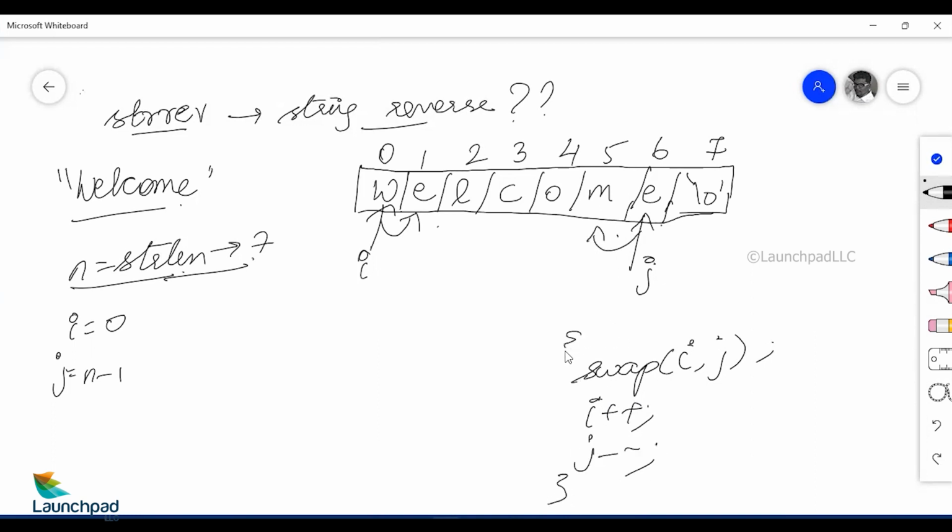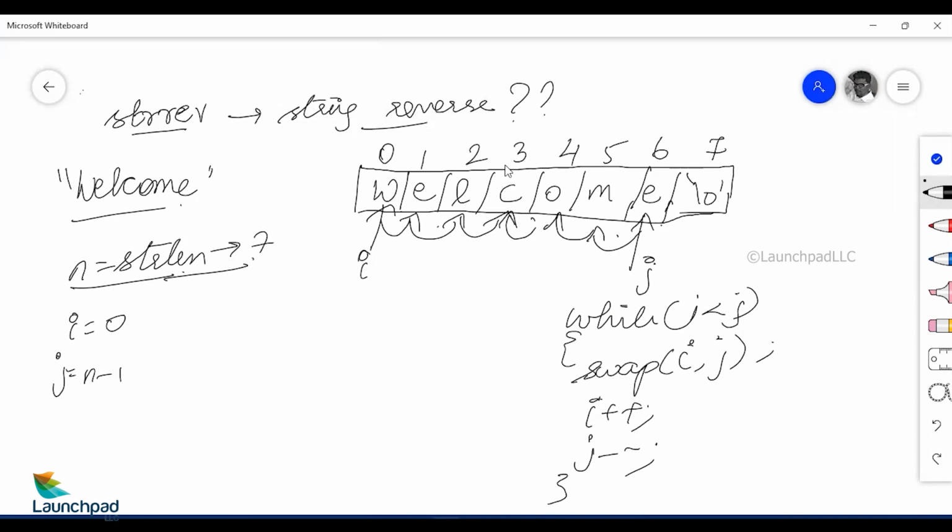And this action is done in a repeated loop structure. I have to keep swapping these elements until I reach a point where i is no longer lesser than j. This is the holistic working of our string reverse function.